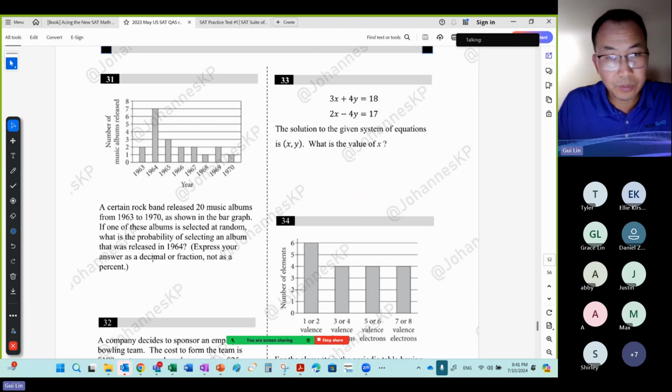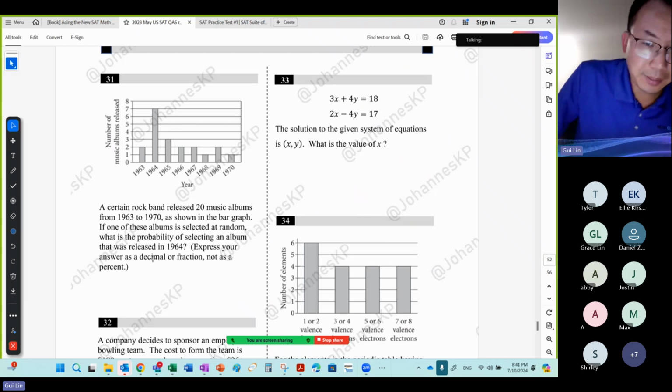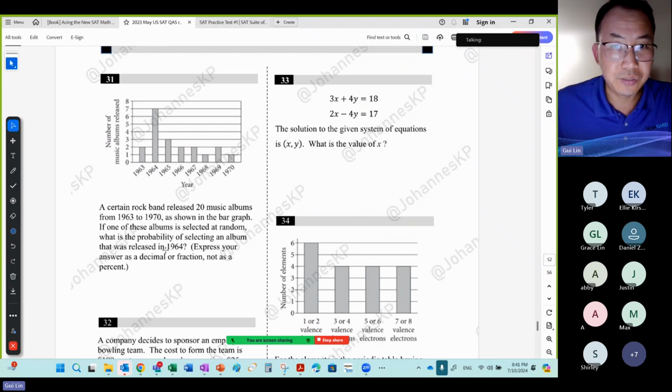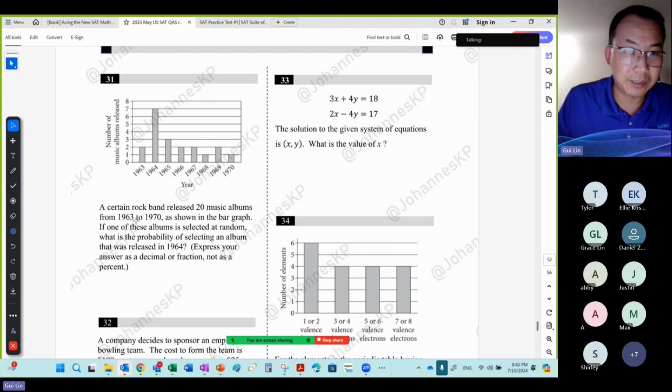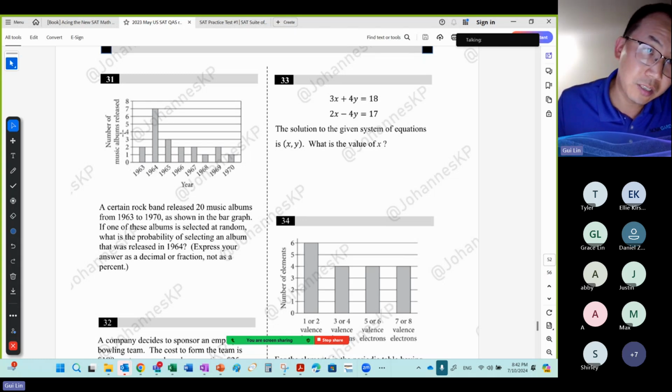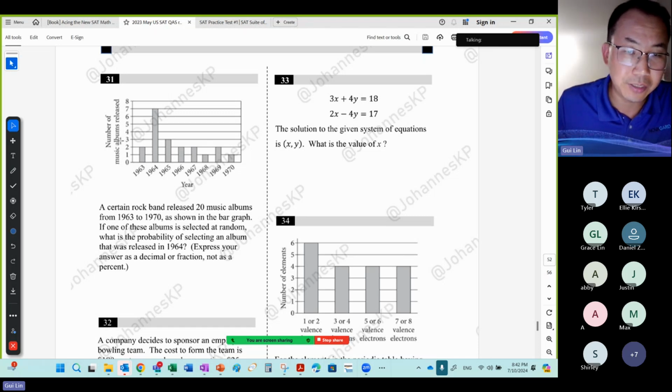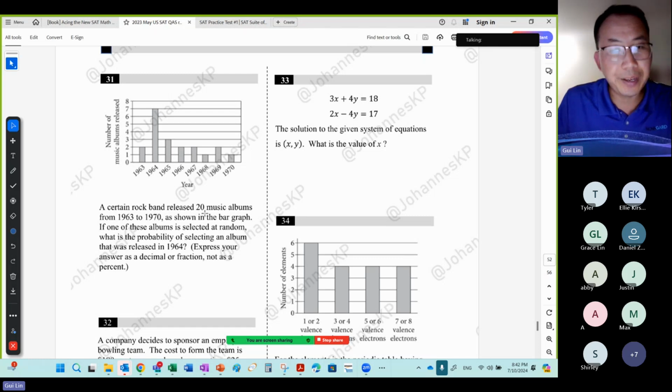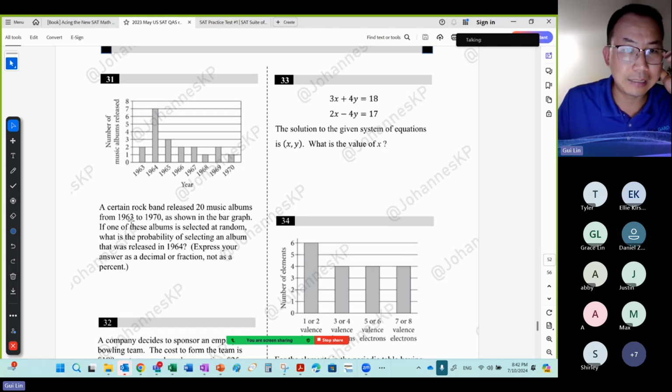Okay, time is really quick, 8:41. Hopefully we can finish this part. We have 38 questions. That's a little bit quicker, okay? So here is a chart again. Based on year, this is the number of new music albums released. So you can see what's going on here, just like statistics. A certain rock band released 20 music albums from 1963 to 1970, as shown in the bar graph. If one of the albums is selected at random,